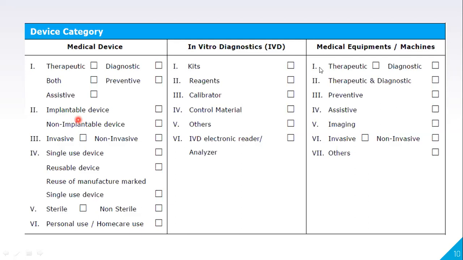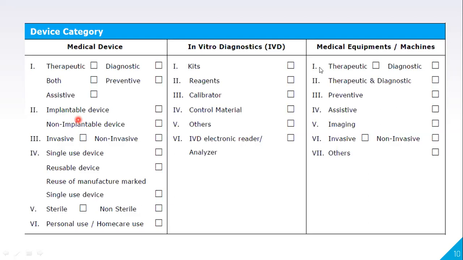Syringe comes under medical device, so the syringe comes under invasive device. I'm not mentioning the drug here, but the way you are giving the injection to the patient, through invasive mode or non-invasive mode.